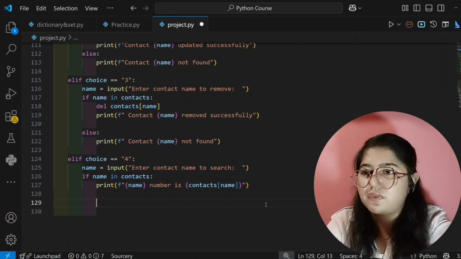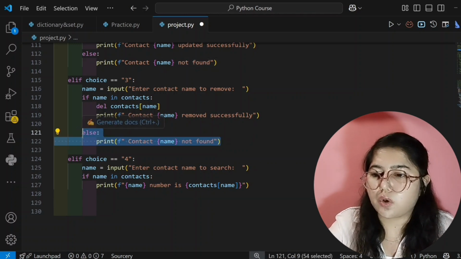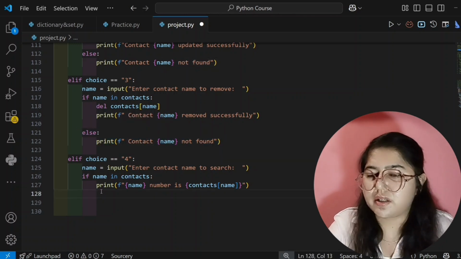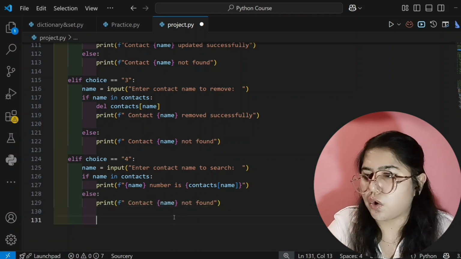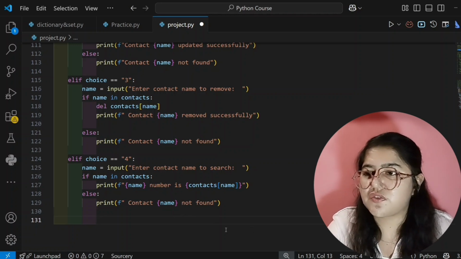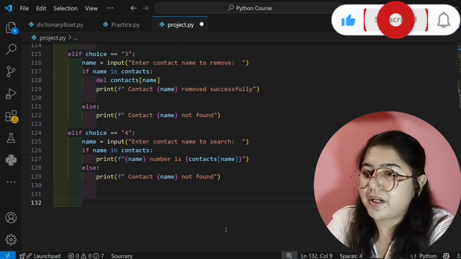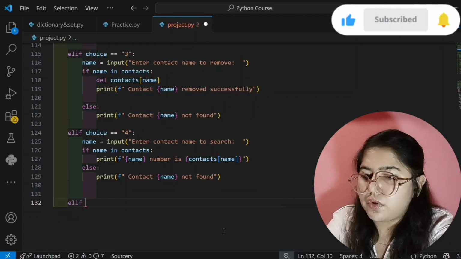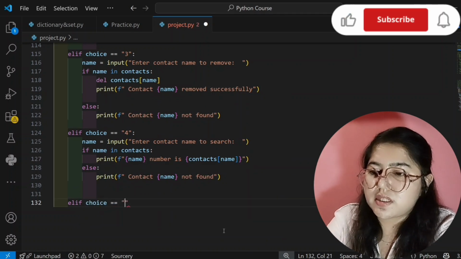Now the else condition will be, if that contact does not exist, so obviously you can't show that, so we will write here "contact not found". Okay, we have written this also. Now the next thing will be fifth, if the user chooses 5. So for 5, you have to print all the contacts. Elif, if user choice is equal to 5,